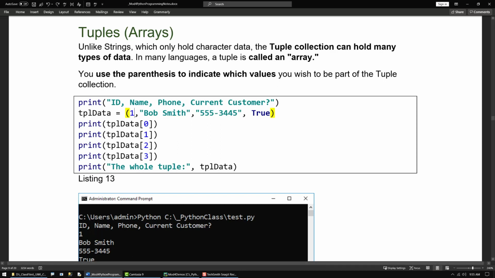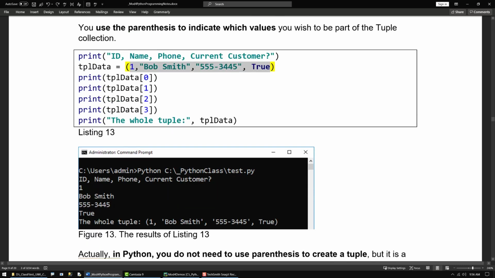And you still access the individual items using a subscript. In this case, I'm using an index. They don't have an option to use a key, so it's always going to be a number: 0, 1, 2, 3, just like you did with the characters of a string. You can access the individual elements of the tuple using that index value as a subscript. And you can see that when I do, I pull out the ID of 1, the name, Bob Smith, the